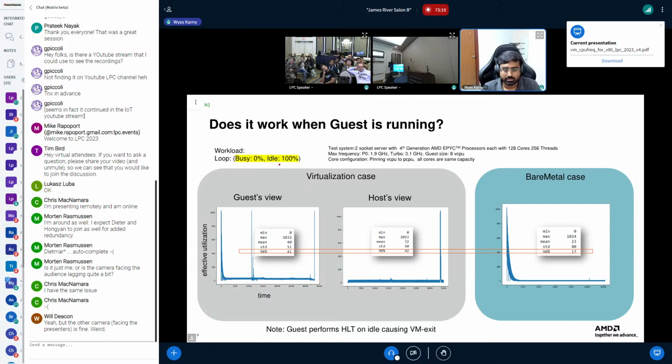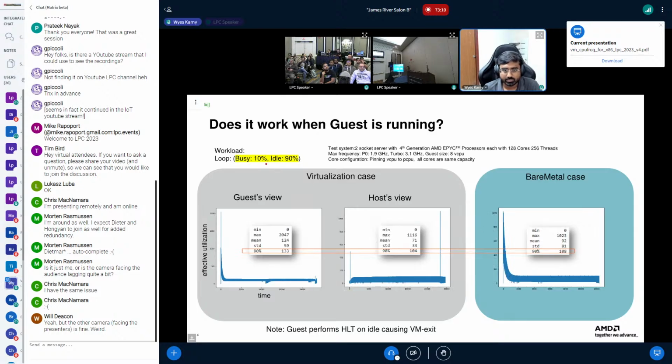When the idle phase is 100%, it means it waits 100 microseconds, wakes up, and again goes back to sleep. If I run this in the virtualization case, the 90th percentile of utilization in the guest becomes 41. If I measure it in the host, it becomes 42, and in the bare metal case, it is 17.